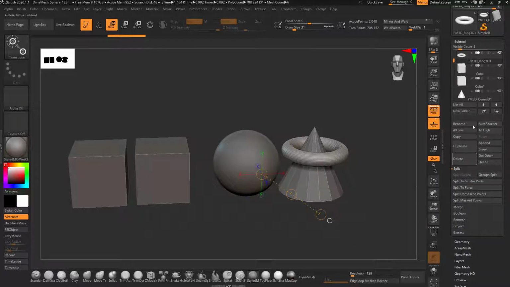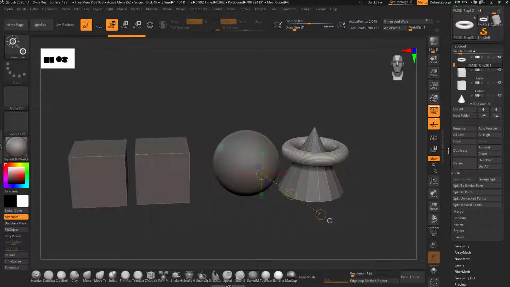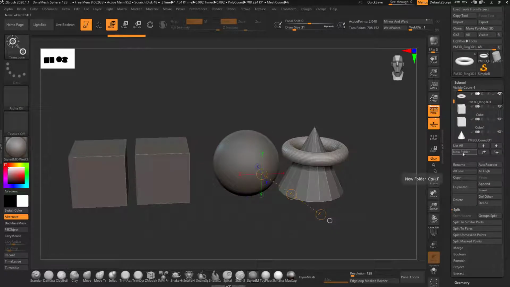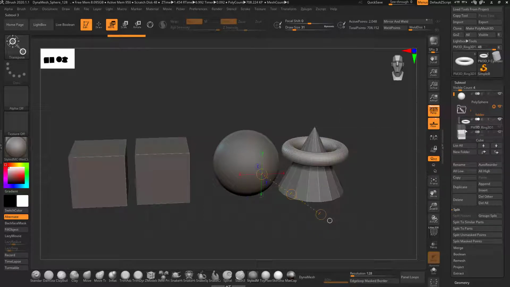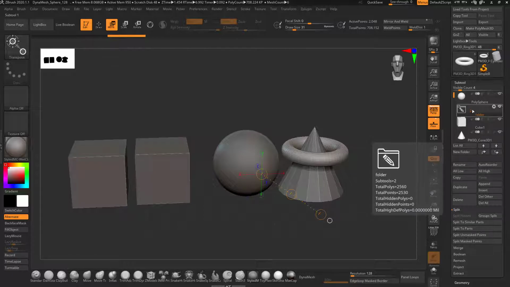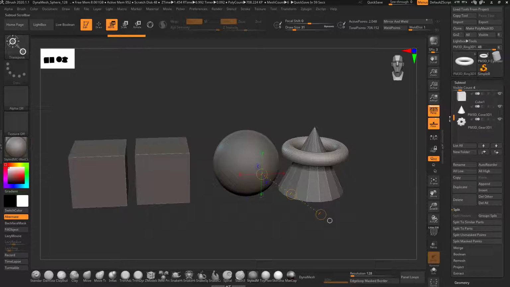Another thing is that you can organize your layers and subtools into folders. When you click new folder, it prompts you to give a name for the folder. I will just say folder, and the new folder is generated, and I can simply move objects inside the folder. This is quite handy to organize your scene, because in complicated characters and heavy scenes there are a lot of subtools, sometimes more than 100, so it becomes quite difficult to manage them.